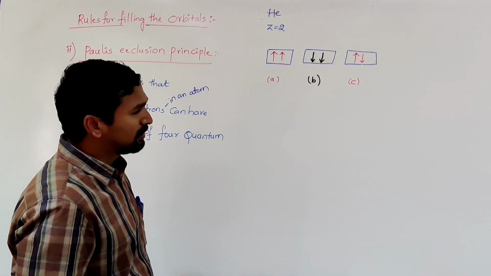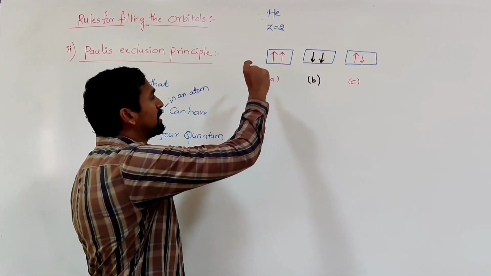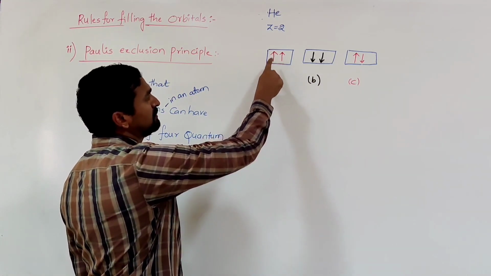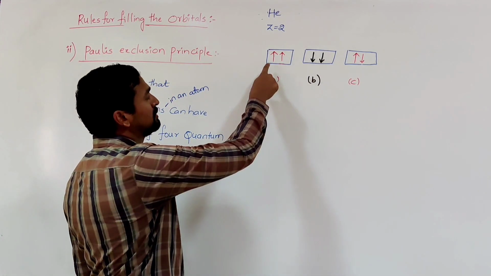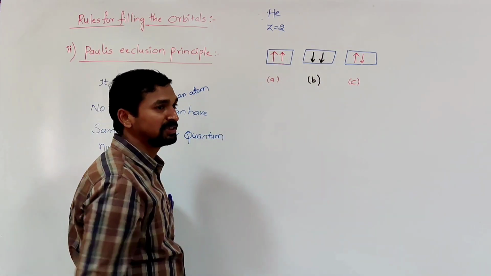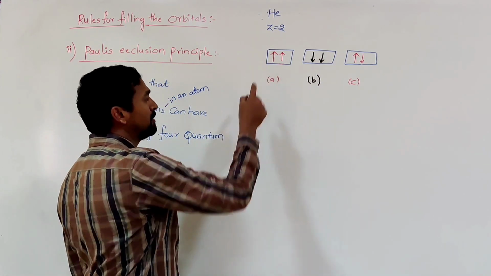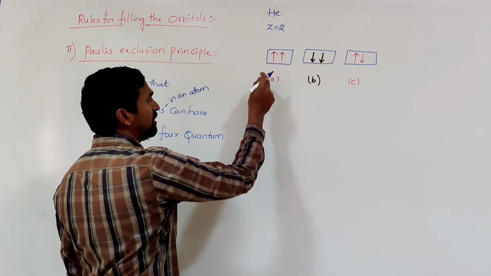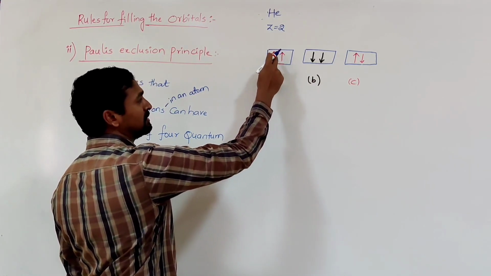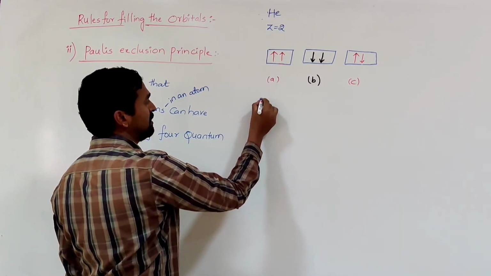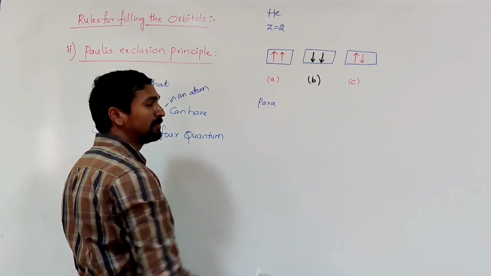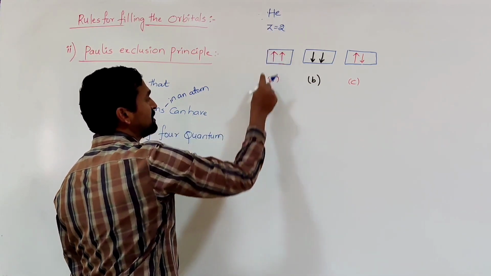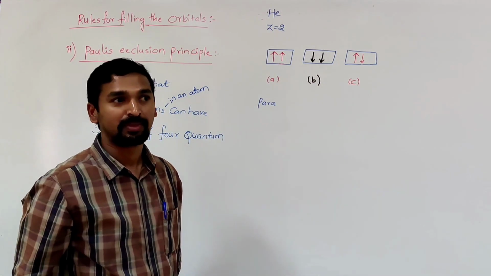So generally, in the case of helium, if the 2 electrons have a parallel spin, their magnetic fields reinforce each other, and then it is said to be paramagnetic. If unpaired electrons are present, if unpaired spin is present, those substances are called paramagnetic. If helium has this type of arrangement, then helium is said to be paramagnetic.